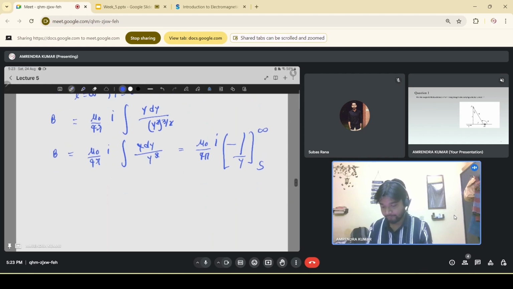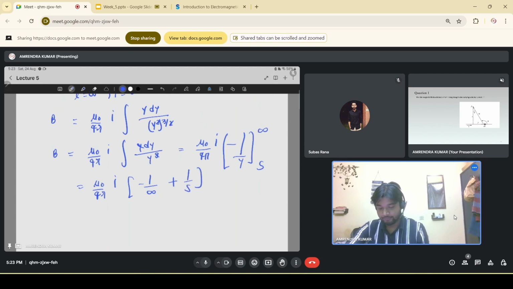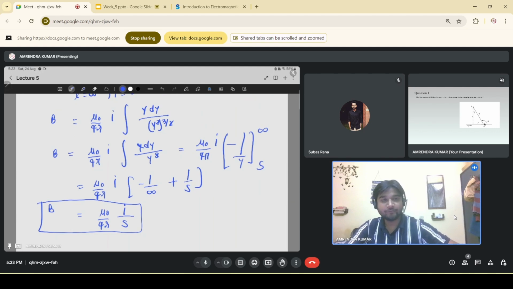तो पहले तो हम लिख देंगे इसको म्यू 0/4 पाई आई इंटू, इसकी वजह से फिर हम देखेंगे कि ये है -1/इन्फिनिटी, और माइनस माइनस प्लस 1/s, तो ये आ जाएगा बी इक्वल टू म्यू 0 आई ओवर 4 पाई एस। ओके, तो ये हमारा एक इन्फिनिट वायर की वजह से लगने वाला मैग्नेटिक फील्ड है, जिसमें करंट आई फ्लो हो रही है।